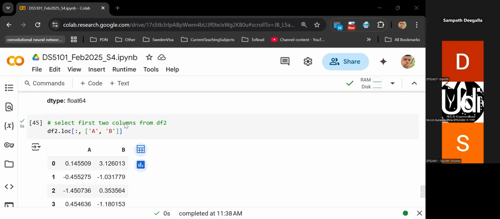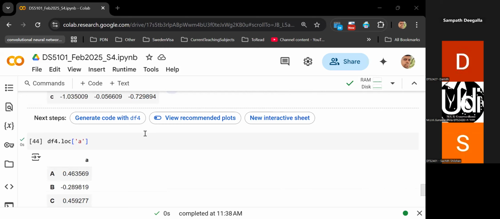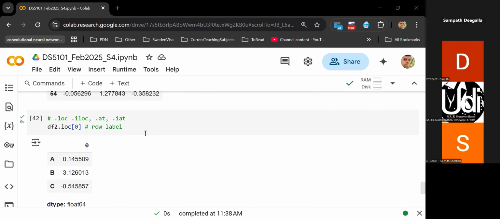Right. So maybe I will start from here. Right. So we were discussing selecting data based on the labels. So this is multiple values. This is just one value. Then the second one is based on the index, the position, right? Multiple values, a single value. So what we have discussed here